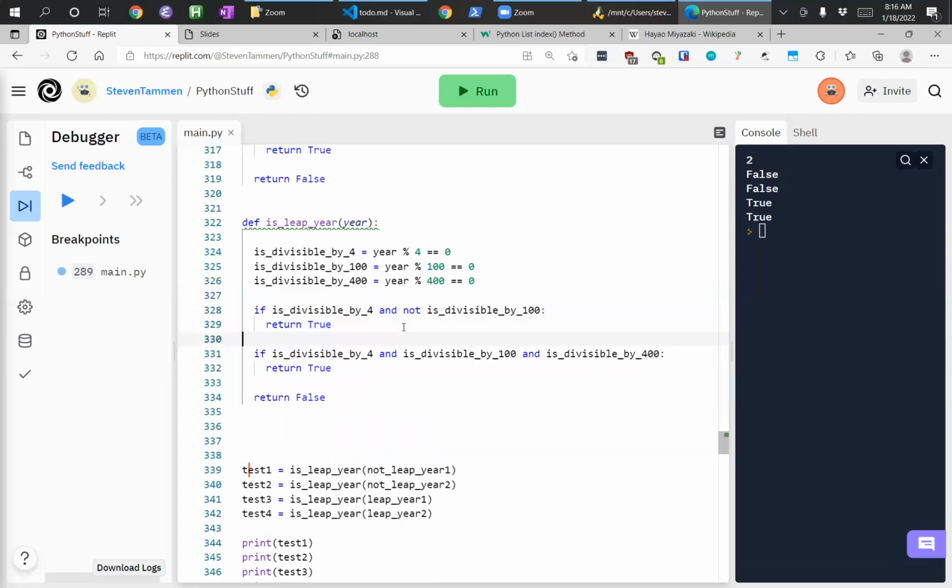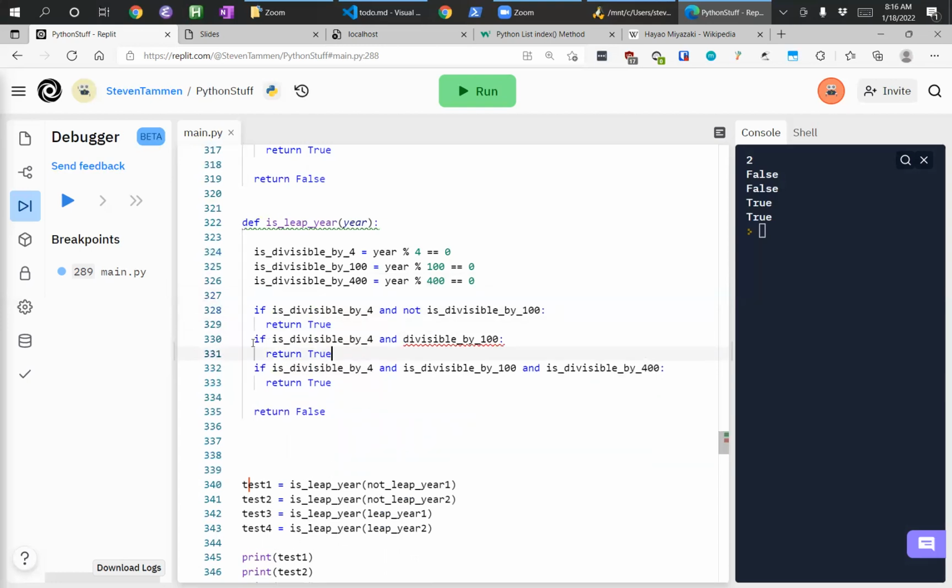Again, this is not how I recommend you do it because it's kind of repetitive. Is equal by 100. So we said this one should return false, and well,